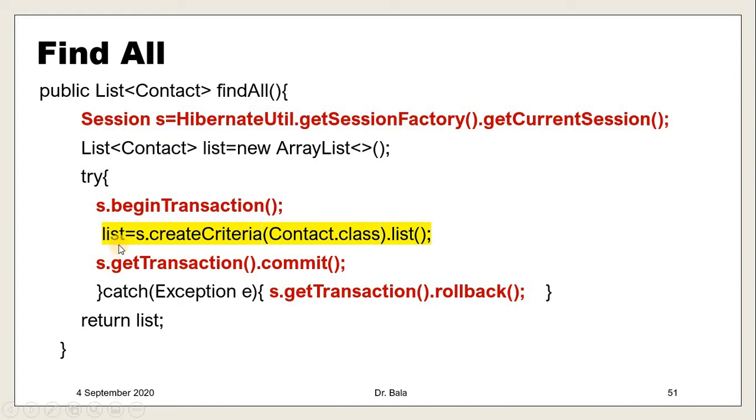So the list of values is going to be loaded into our contact list, and once it is loaded we will say commit. That means we end the transaction, and if any error occurs in the middle, the catch block will roll back the transaction. So this is a simple step. With the same style we are going to work, only on the highlighted part. Once you begin the transaction, we are going to change the statement. Here we have a criteria to load the list of values into the list. Further on we are going to change the statements.